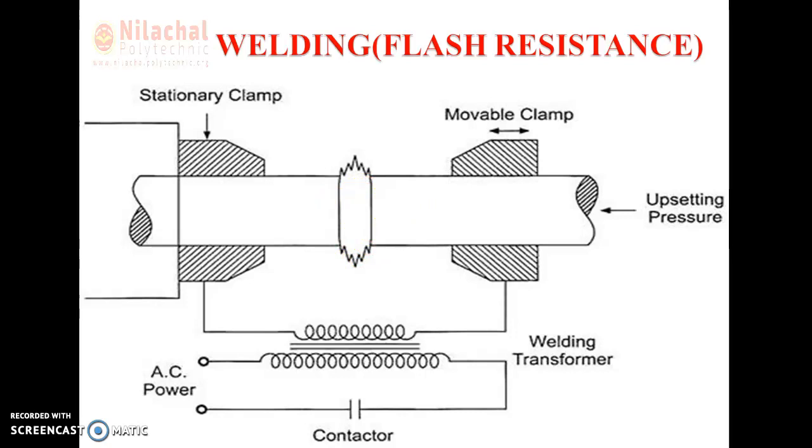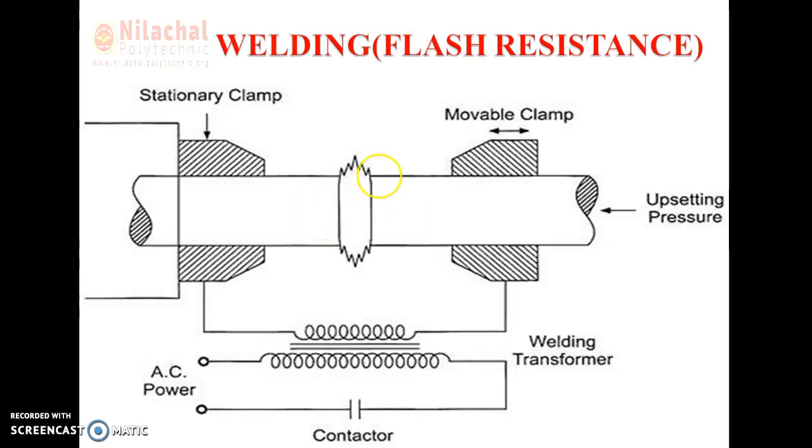In butt welding we use a higher cross-sectional area of the workpiece, but in the case of flash welding, the surface area of the workpiece is very small. So by using this spark only, we can fuse the edges of the metal, and when the end of this cross-sectional area gets fused, we switch off the transformer, and immediately the movable jaw is pressed against the workpiece which is held stationary.